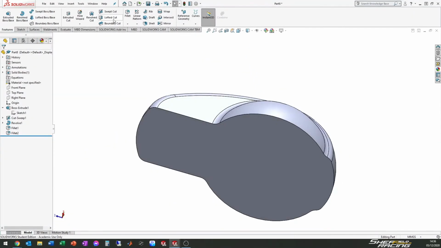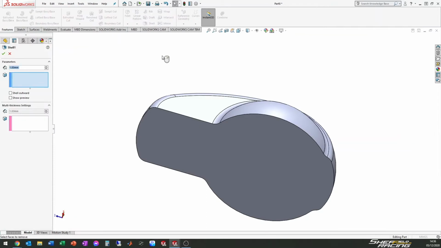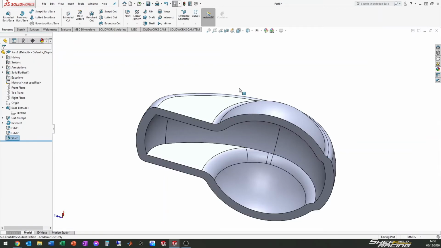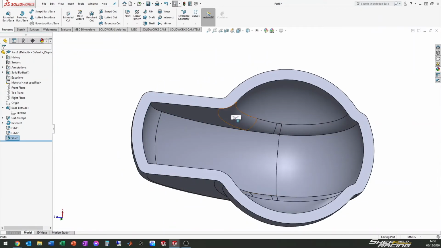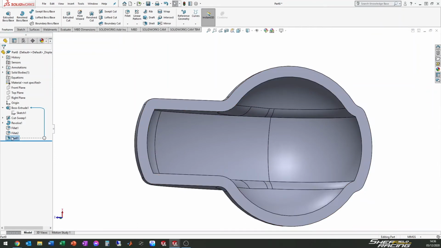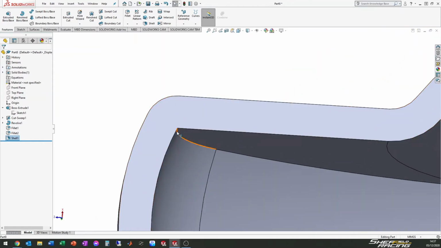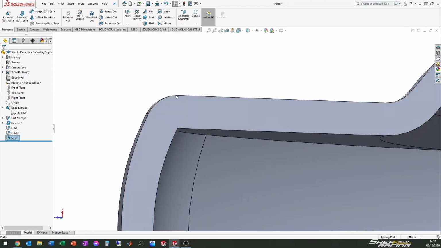If I go Features, Shell, I need to select the face that I want to remove, which is going to be the bottom face. I then need to set the thickness. If I set the thickness as 4mm, you can see if we remove that, it's also kept these fillets. If I'd done the shell feature before these fillets, we wouldn't have had this radius here or here. The reason that we don't have a radius here is because that's a 4mm radius and this is a 4mm